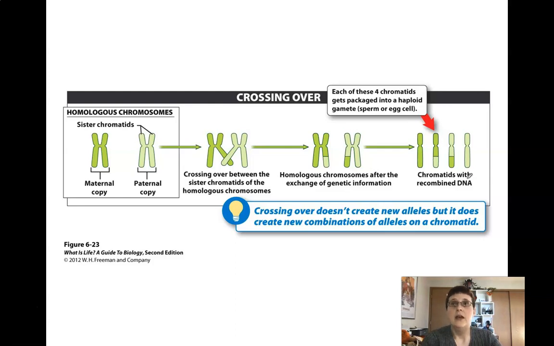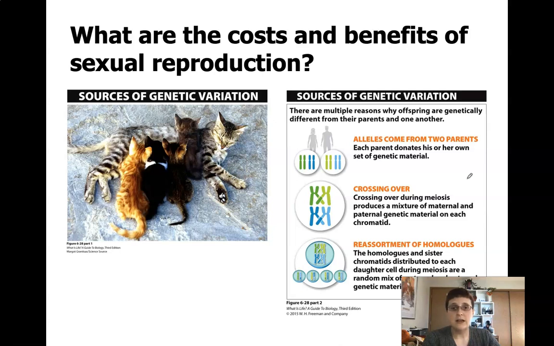All right. That's not the only thing, though, that creates that genetic variation. So you've also got genetic variation because you've got information coming from 2 parents, right? So each parent is going to be giving genetic information. You've got crossing over. And then the other thing that you saw in the video, and that is random